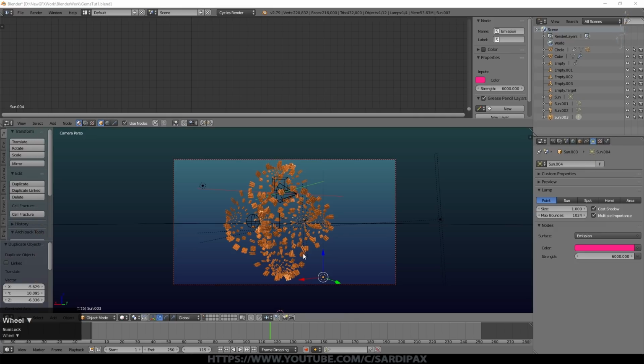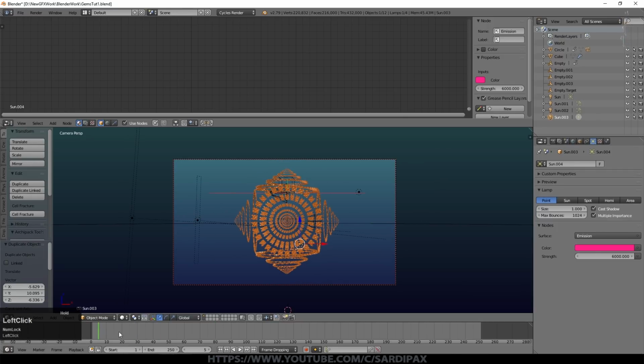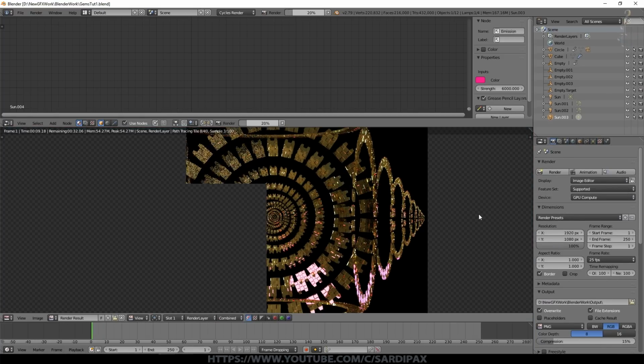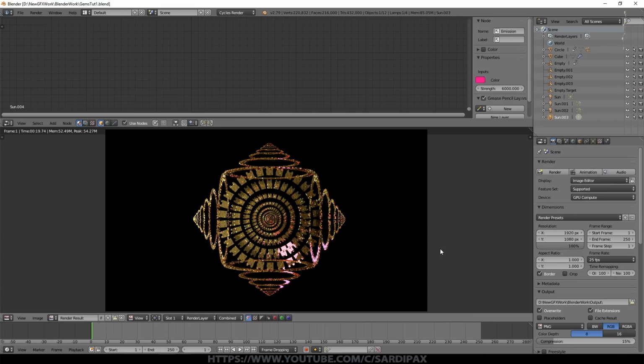So that's the basic animation and creation of the array object. And now we need to go on to the compositing. So before we do that, let's just make a quick render of our shape. Let's go with it at the beginning of the animation, and we'll say at 100 samples and just render that. So you can see it's quite noisy, but I will actually denoise it toward the end as well. But this will do for now.